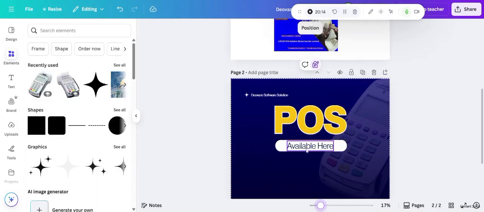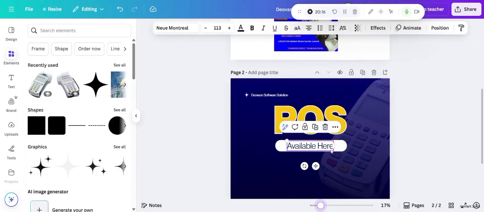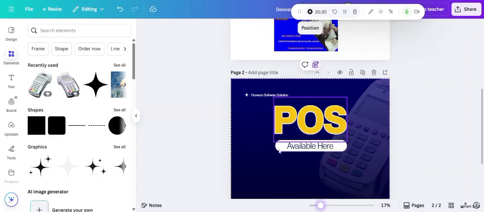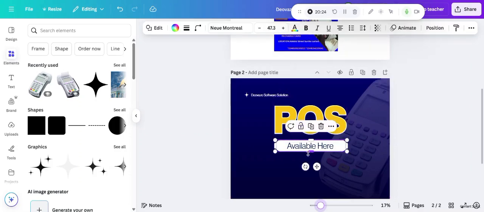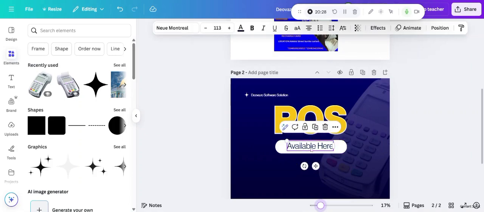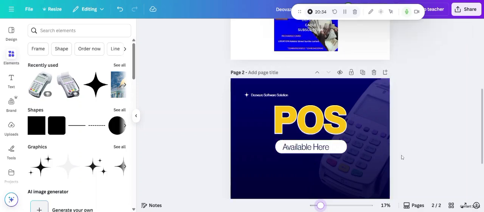Although I feel like this available here should be bigger. But for it to be bigger, we have to make this box a bit accommodating for it. Let me make it bigger, and I can do it this way, that I'll put it around this side, and